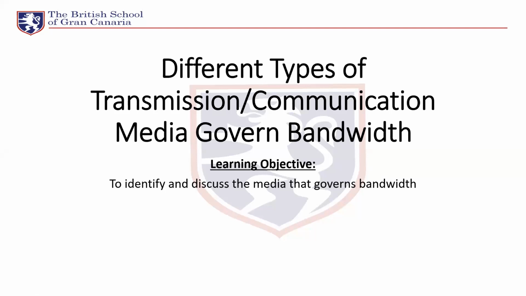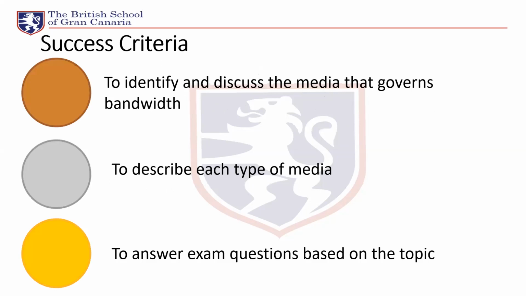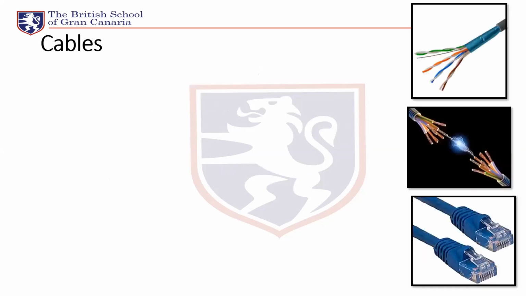So now we're going to look at the different types of transmission and communication media that govern the bandwidth. So now we're going to identify and discuss the media that governs bandwidth. Then you're going to describe each type of media, and then you're going to answer some exam questions based on the topic. Okay, so firstly, the way to transmit data, which is still commonly used almost everywhere, is